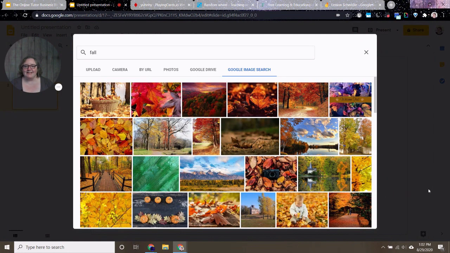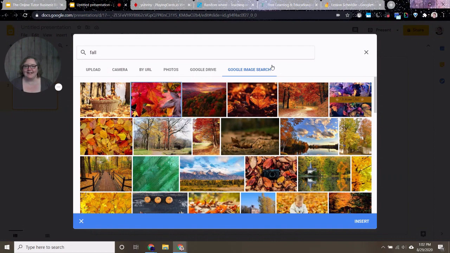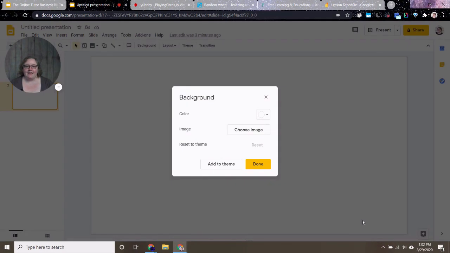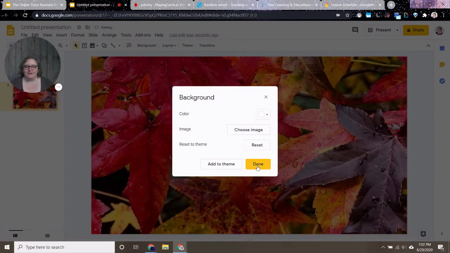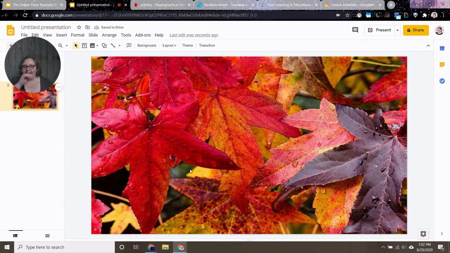You can also choose an image to be the background of the slide. So for example, if I wanted to have a seasonal lesson plan or just acknowledge that the season is changing, I can change the background of the slide using Google image search and insert the image. And then if I want to use the same image on each slide,